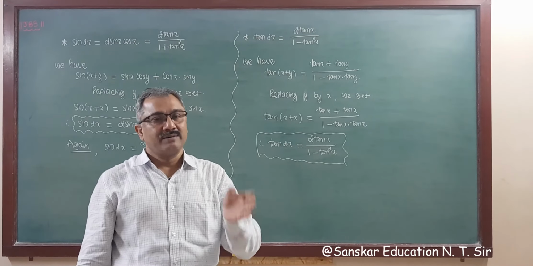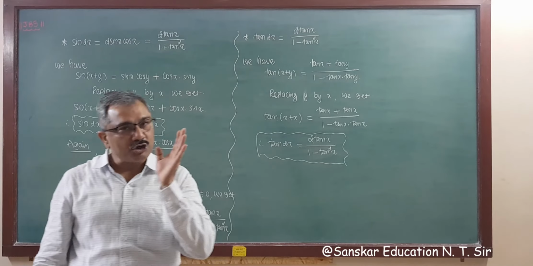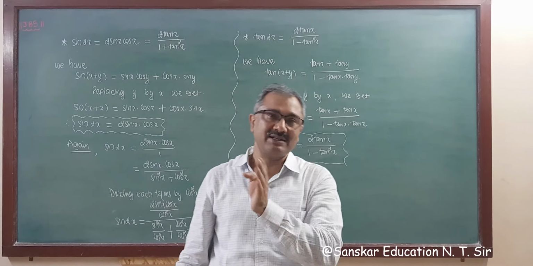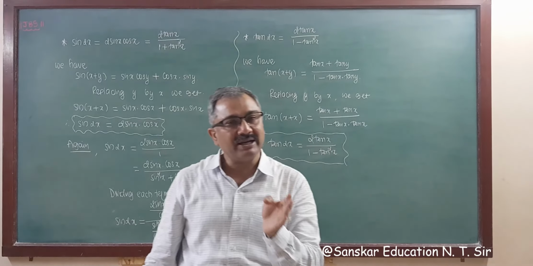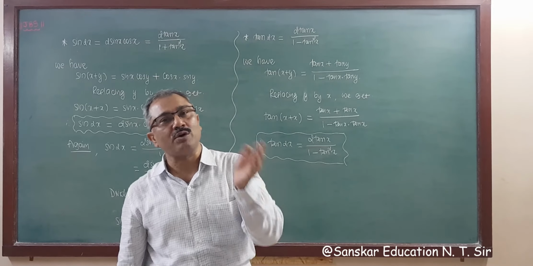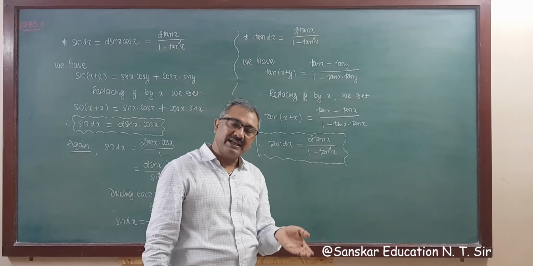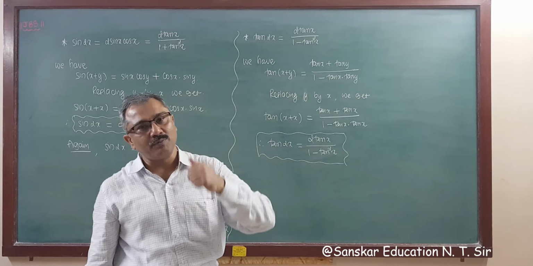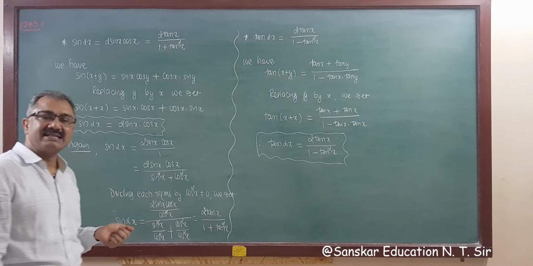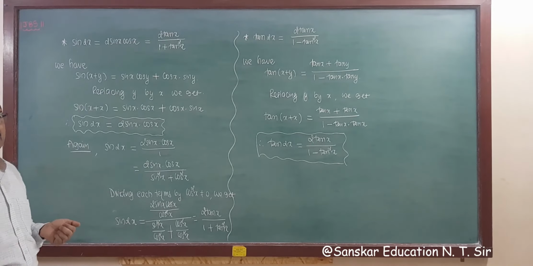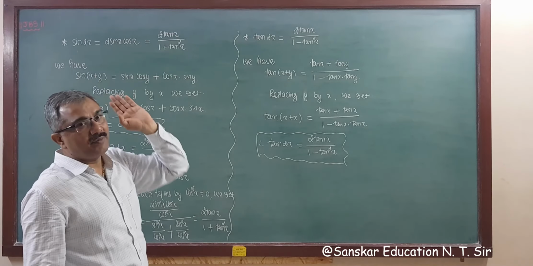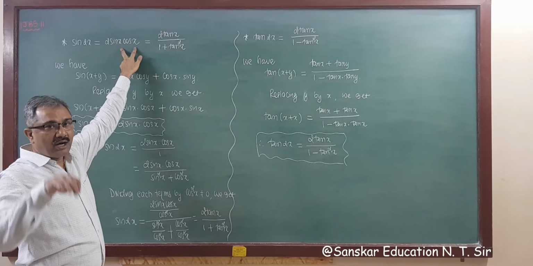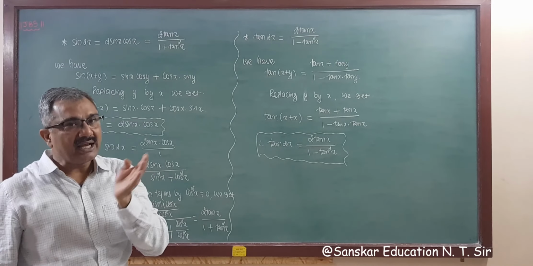So remember, the first main formula is cos 2x. As we saw earlier, cos 2x is cos square x minus sin square x. Now the cos 2x formula in terms of cos is 2 cos square x minus 1. In terms of sin, it is 1 minus 2 sin square x, and in terms of tan it is (1 minus t square) upon (1 plus t square), that is (1 minus tan square) upon (1 plus tan square). Then for sin 2x, and remember one thing, if this is 2x, then this becomes half, the angle is reduced to half. So sin 2x is 2 sin x cos x.